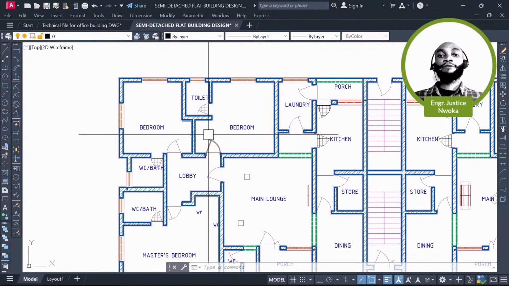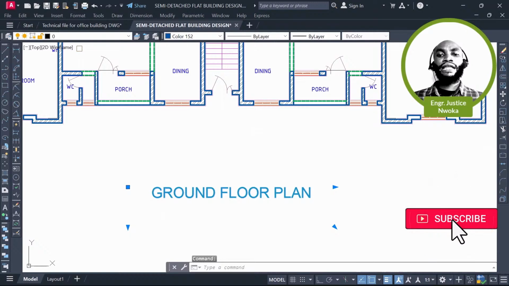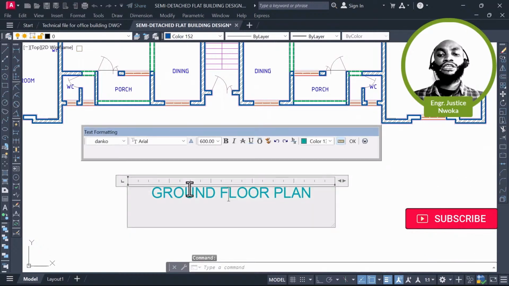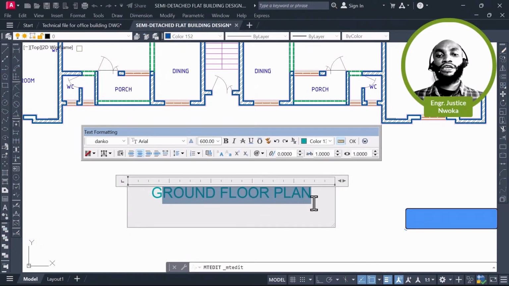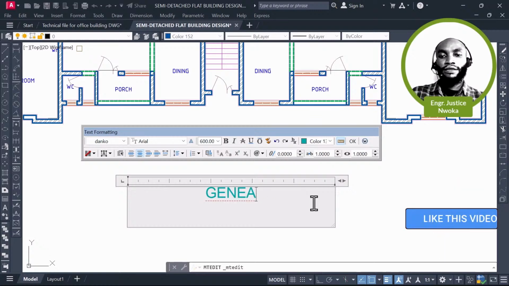Now when you're talking about structural framing, we talk about placing your grid lines, positioning your column points, and then paneling your structures, how your beams are going to run, your slab and everything. So that's comprised of the general arrangement drawing, or call it structural framing. So right now I'll come here and title this General Arrangement Drawing. Okay, that's fine. General,